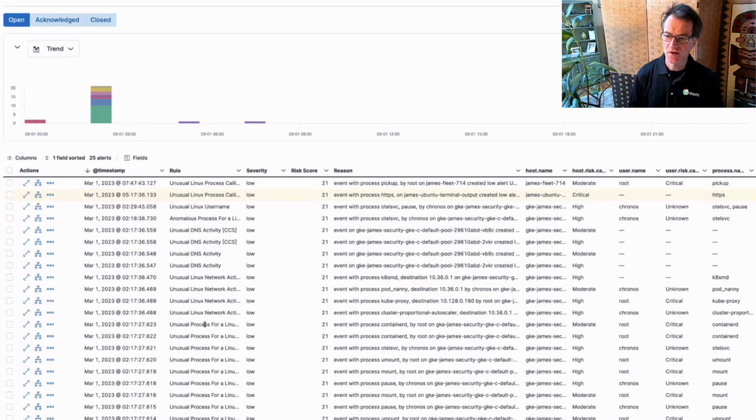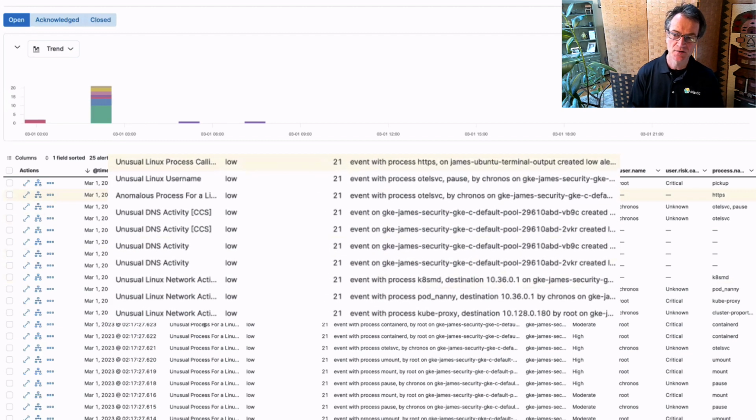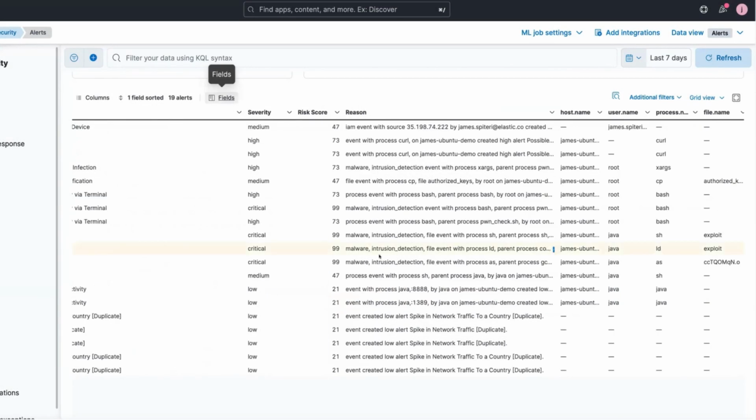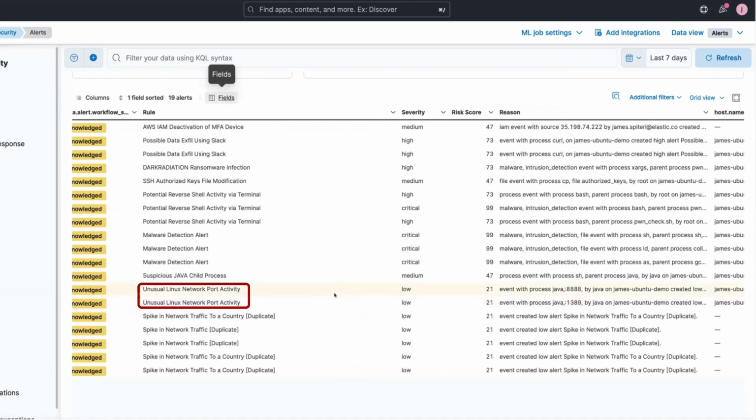The first clip starts on the security alert screen and highlights how machine learning powered rules detect additional threats that otherwise may have been missed. What I like to do though is I like to start off looking at the reason field. What's it saying? For these two alerts, these are actually machine learning based, so we provide about 60 or so